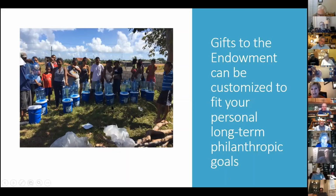And their dysentery rates, their rates of babies dying because of dysentery, are so far down. It's been a fabulous, fabulous project. And there's so many other projects that the Rotary Endowment allows to happen all over the world. You can specify what you want your project to be, or you can have it put into the general fund,